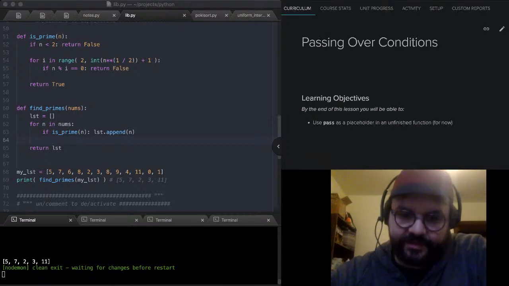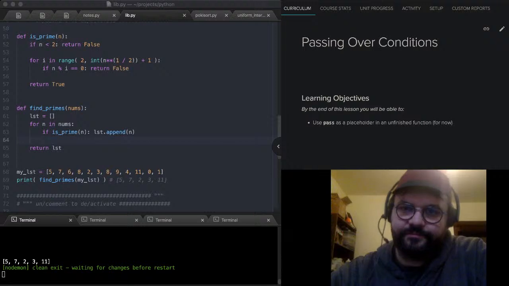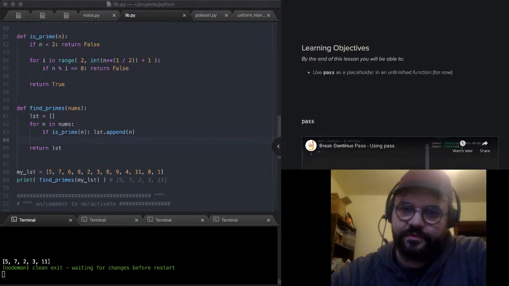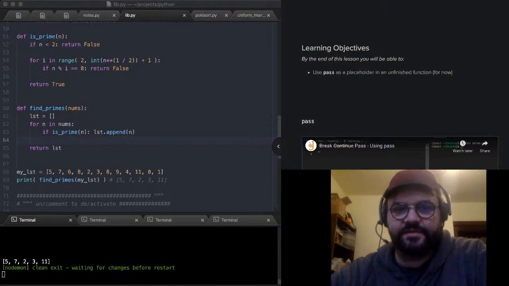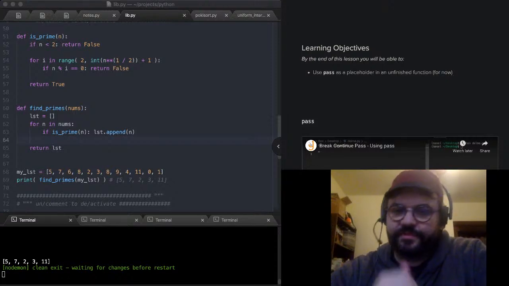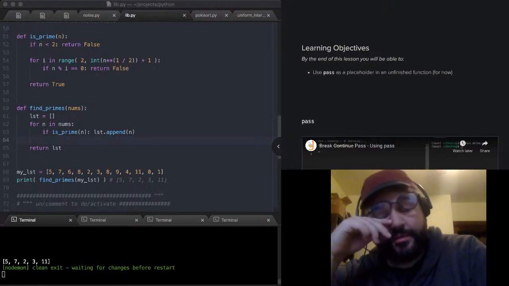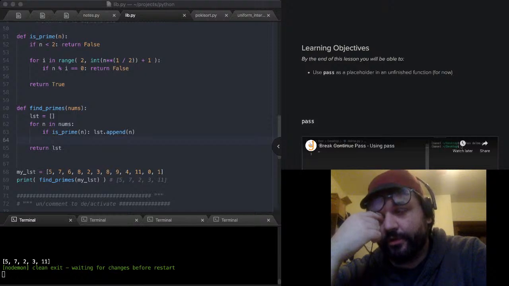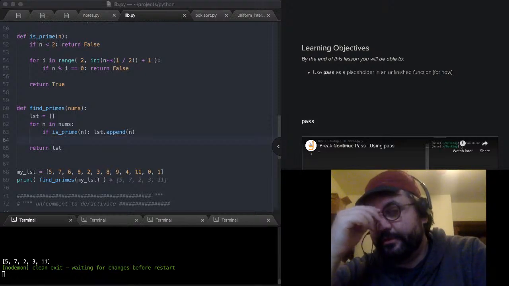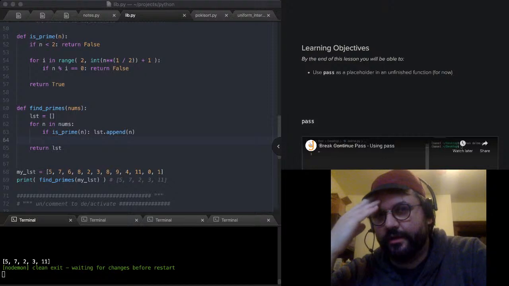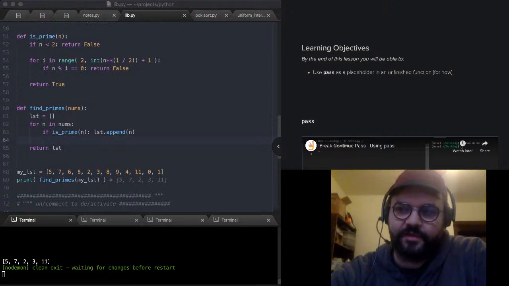Passing over conditions. Okay. This might need to be overhauled a little bit. So break and continue apply to loops only. Their only application is inside of loops. It doesn't have to be just for loops. I only gave examples with for loops. They will work on while loops as well. Honestly, you probably use them more often with while loops. At least break you use with while loops more often,